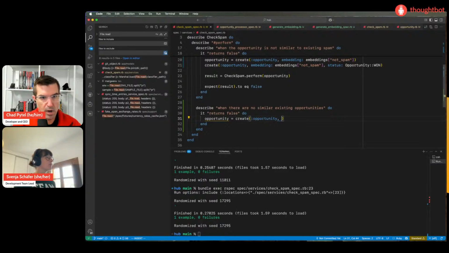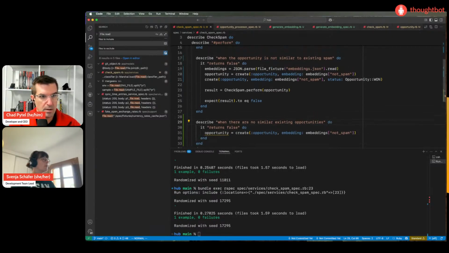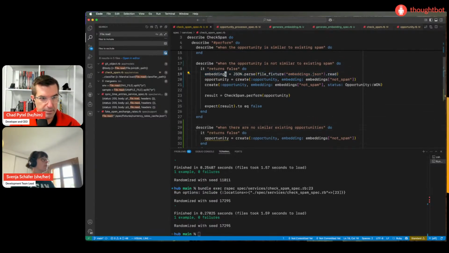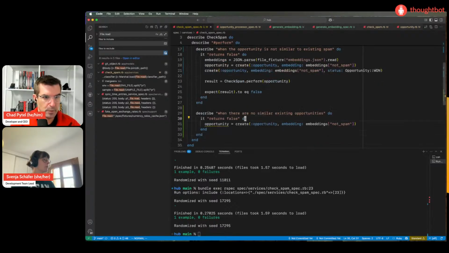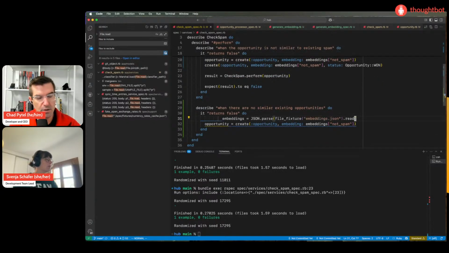So if we just create one opportunity, we need to load the embeddings from the fixture file. We used a let here. It wouldn't load the fixture multiple times.